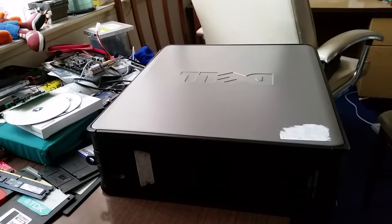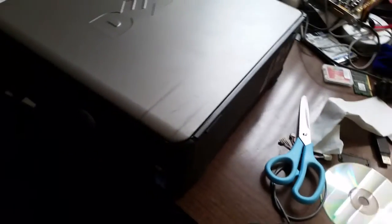So here it is. I'm going to do a wee kind of pan and scan around as best as I can on a tripod. Right guys,